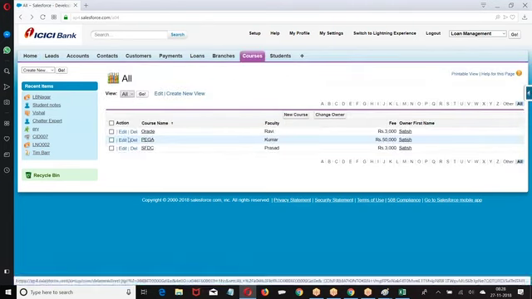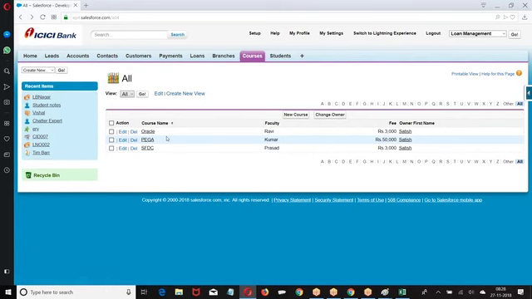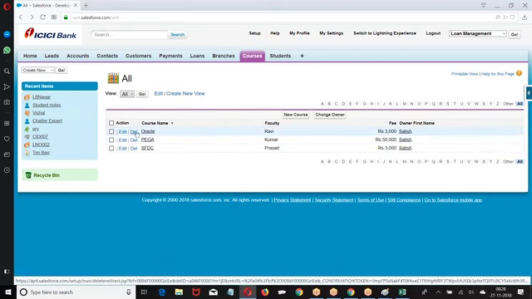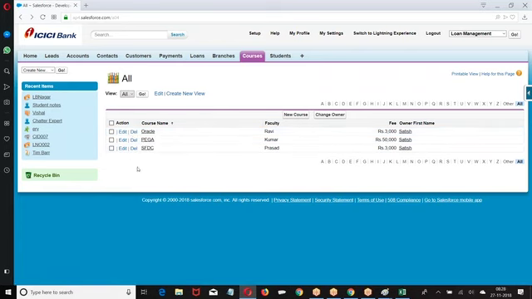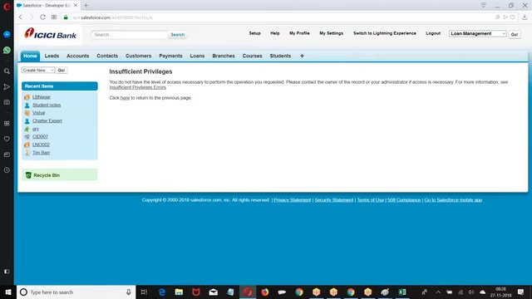Why you are able to see edit and delete. When it's a public read, on others' data we can only perform read operation, but still you are able to see edit and delete. The reason is on the object level you have permission. So that's the reason we are going to get it. Right. If I don't give delete permission on the object, even on my own records I cannot delete. So these buttons will come based on object level. Okay, when I click on this, the record will be opened if you have record level permission. Okay. Right. Yes, any other query?